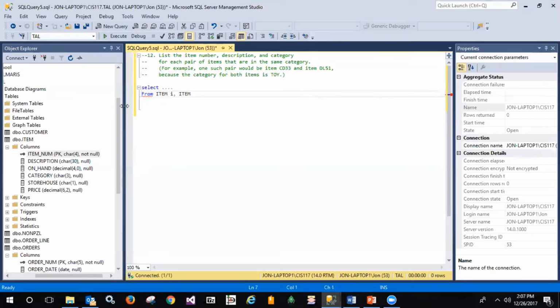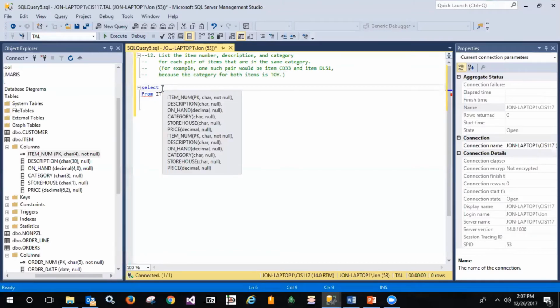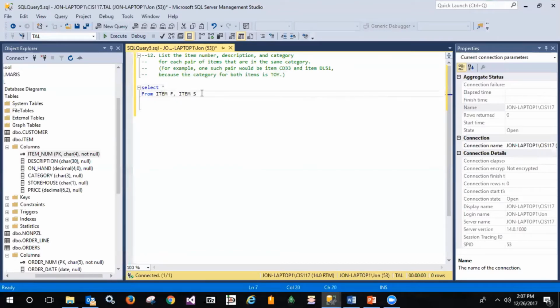In this case, instead of I, how about F for first instance of item table and S as second instance of item table. So I'm going to select a bunch of stuff from item table F, item table S,